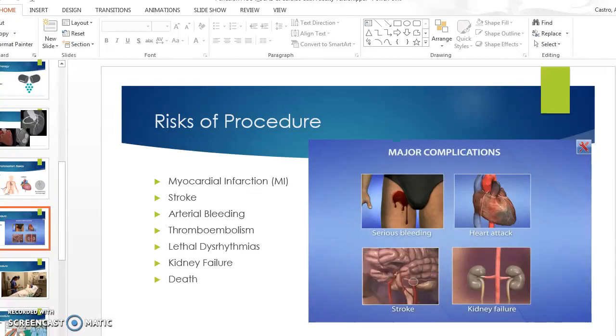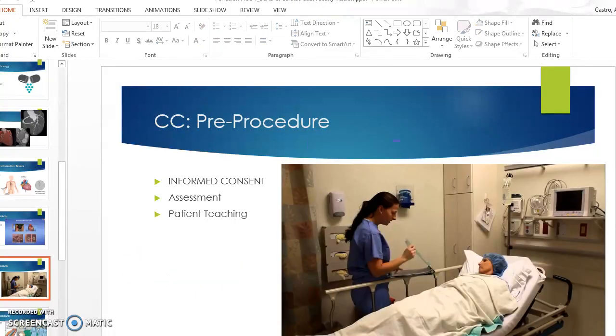Risk of procedure. We talked about each one of these and why they might occur. MI, stroke, arterial bleeding, can actually have a heart attack, can have an ischemic stroke, and can have kidney failure. We can send the heart into a lethal dysrhythmia and the patient could die. So this is a very risky procedure, albeit we have decreased the occurrence of risks over time by very careful selection of patients who go to the cath lab and very thorough pre-procedure